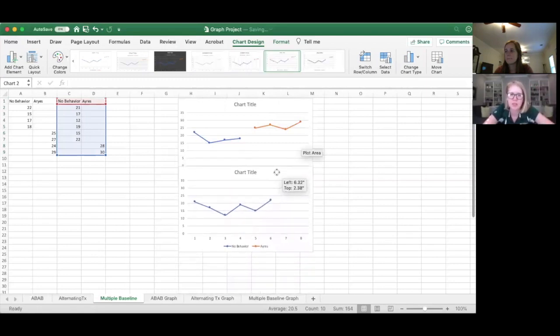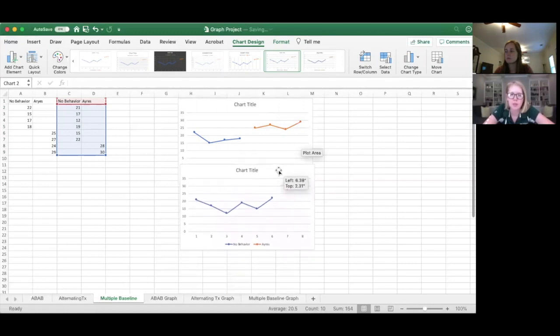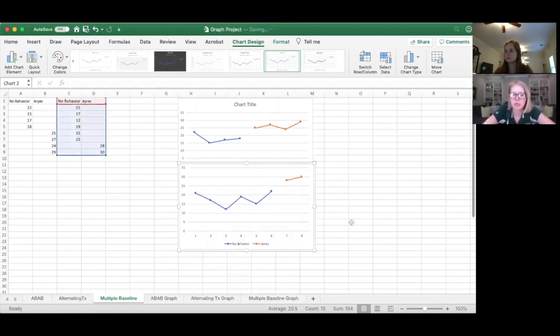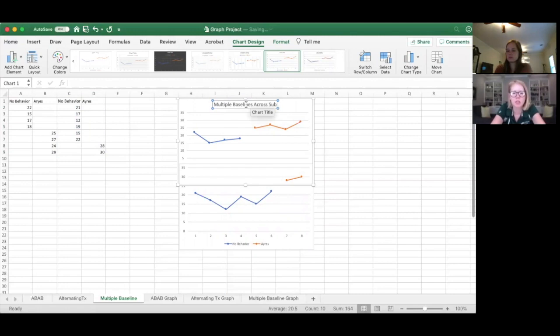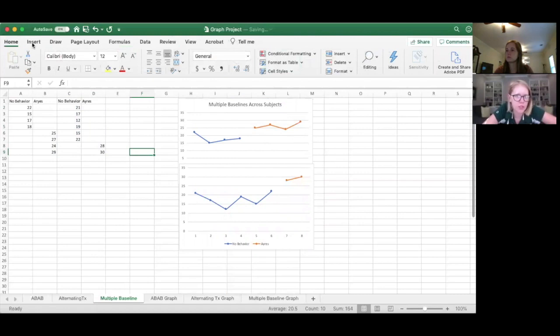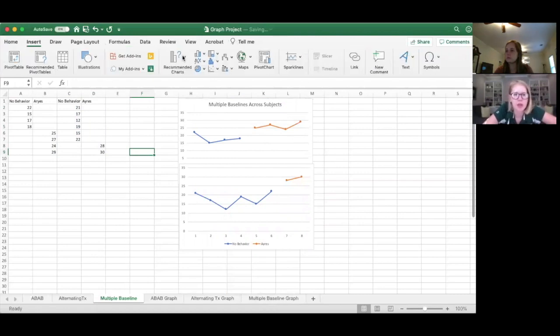And then for this one right here, what we want to do is cover this up and put that right there, because that shows that they are across time. This one, we deleted that chart title, and here we are going to rename this one, and this one is multiple baselines across subjects. And then what we'll want to do is insert, go back to the illustrations, do the shapes,